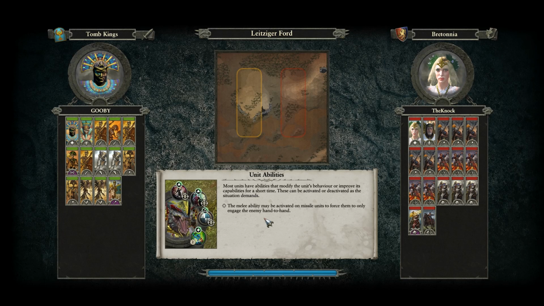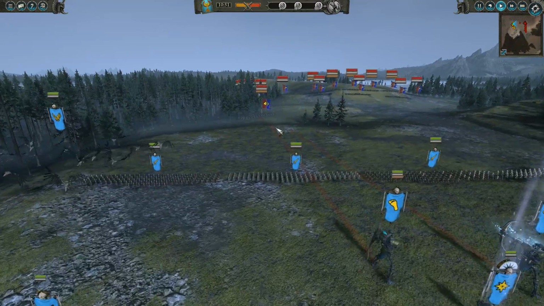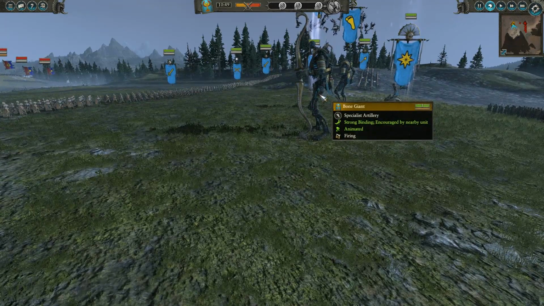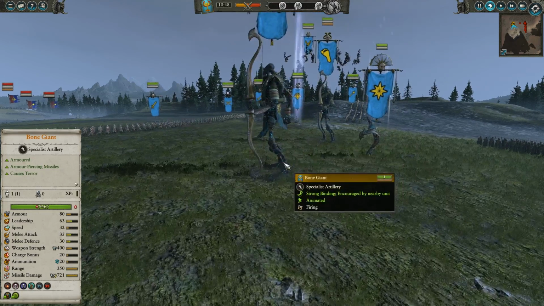And welcome to the showdown between the Tomb Kings led by the High Queen Khalida atop her mighty snake, and Bretonnia, who's going to be led by the Fey Enchantress. So as far as this game goes, we're going to be trying to use the double Bone Giant. The Bone Giant's pretty good against Bretonnian cav. They do of course have anti-large and massive armor piercing with 721 missile damage, but we're also going to be